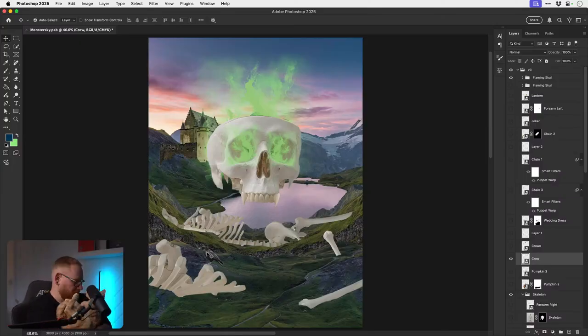What do you think to my idea? I do like it. Oh yeah, this could be really cool actually. I feel like I could make this good. And I like the fact that the skull is sort of pixelated because it would challenge me to do a bit more manual painting brushwork.